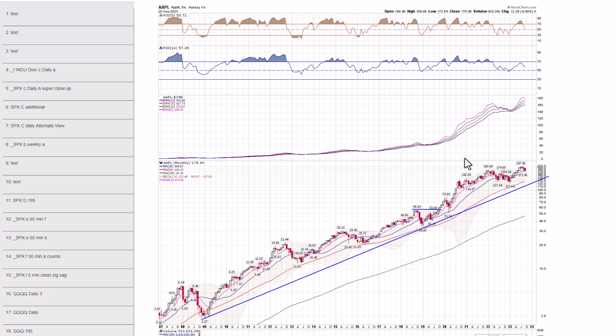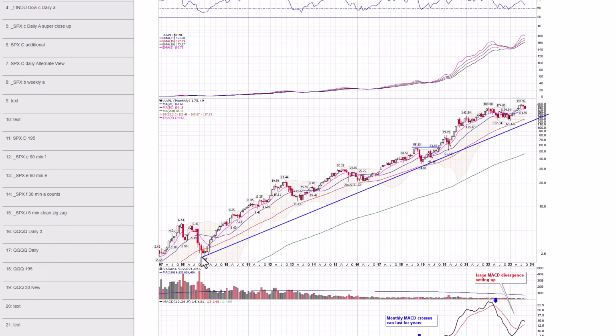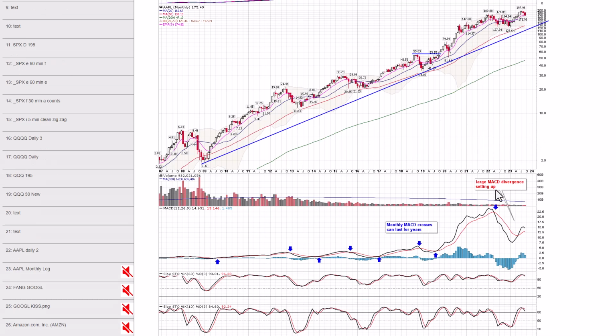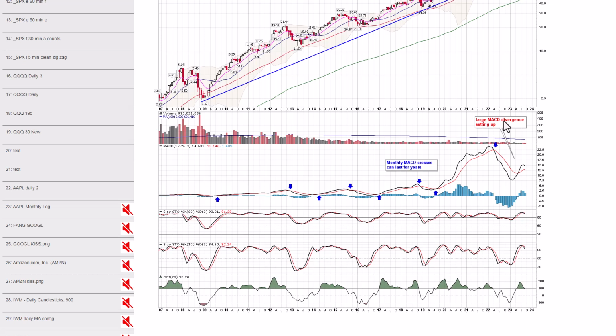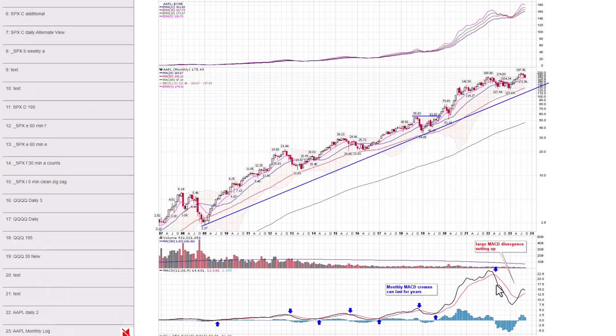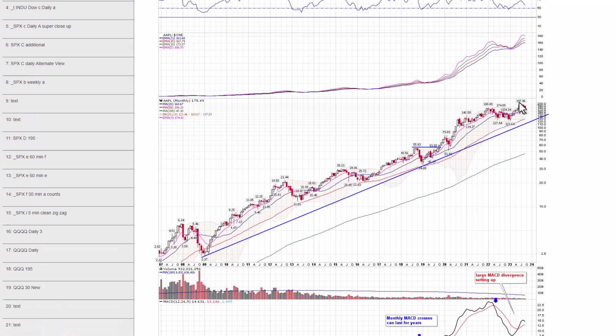Next. Chart 23, here's the bigger picture view of Apple. This is a monthly chart, and it's a logarithmic chart so that I can draw a trend line. This, if we put in a bigger top here, Apple may eventually go to this long-term trend line. You can see that's a lot of points away. What you have here is a huge MACD divergence setting up on a monthly time frame. I mean, look at that MACD, how far away it is from that previous peak. So Apple could be setting up a larger top, that lasts maybe for a couple of years.